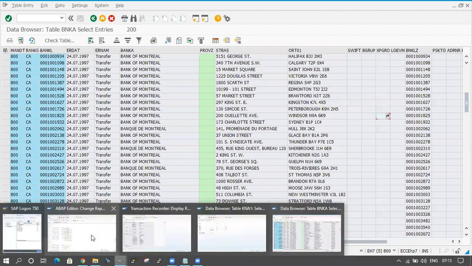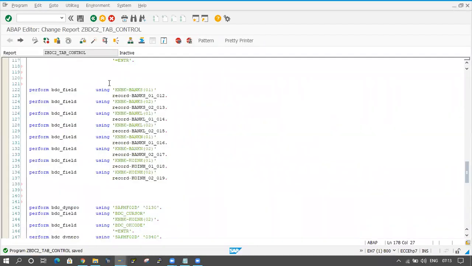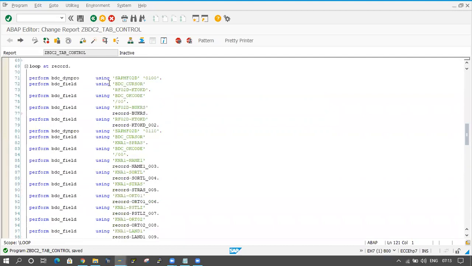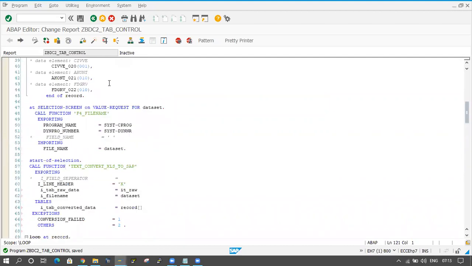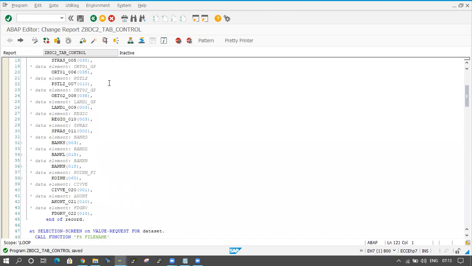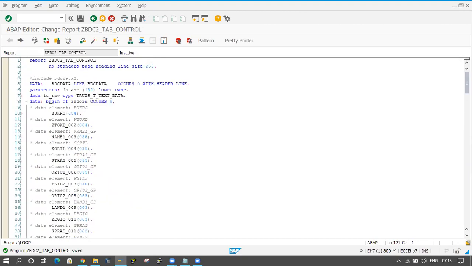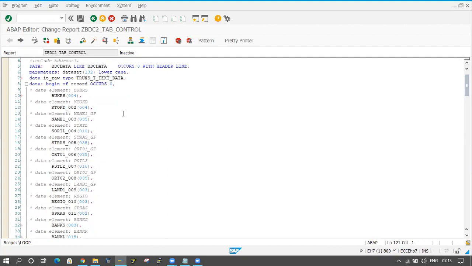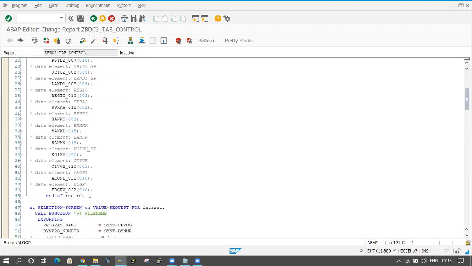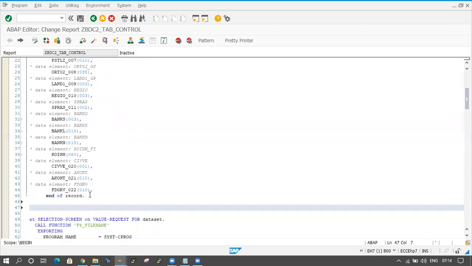I will go to the program. Here, I will take two internal tables. The first one is the record. Automatically, it is coming here, record. So data begin of record occurs 0 is coming. The work area and internal table name are both the same here. I will declare one more internal table, that is data